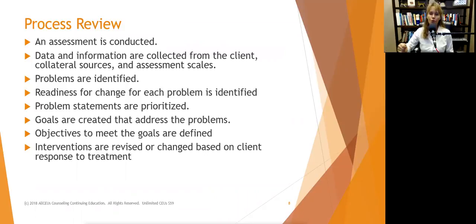So we go through that ASI, and in each domain, we're going to sit down with the client and go, okay, it seems like in this domain, you've got these pressing issues, and we'll write down all those issues. And then I'll give the client the piece of paper and I'll say, okay, rank them from 1 to 8. Which one's most important and which one's next most important? And if there's a tie, that's okay. We can have a couple of 2s in there or something. But I want you to tell me, in your perception, what do you think is the most important thing to work on right now? So we're prioritizing these problem statements.